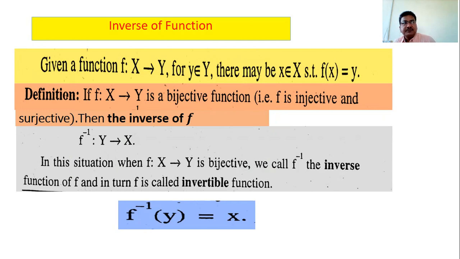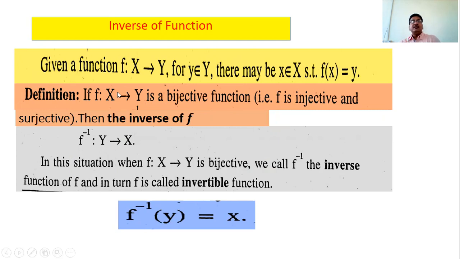But what is the inverse of 0? It is not equal to 1 by 0, because 1 by 0 is not a number. 1 by 0 is infinity, but infinity is not a number. And 0 into infinity is not equal to 1. So the inverse of 0 does not exist. Like that, the inverse of a number exists if the number is non-zero, and the inverse of a matrix exists if the matrix is non-singular.